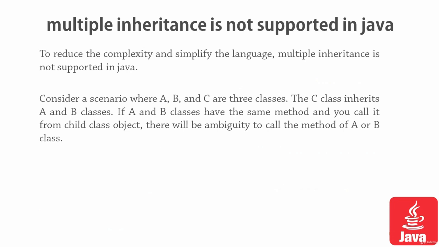Multiple inheritance is not supported in Java to avoid simple conflicts. Suppose there are two parent classes and both parent classes have a common child class or derived class. Both parent classes have the same method with the same name but with different definitions, and the child class object calls a method of a parent class. So there is a confusion or ambiguity regarding which method of which class has been called. So that's the reason Java does not support multiple inheritance. However, you can use the features of multiple classes using multi-level inheritance.